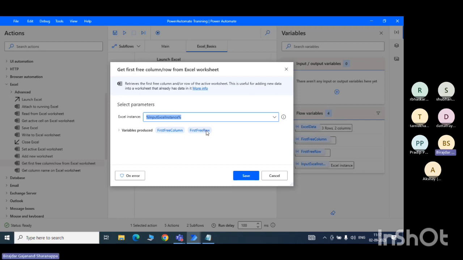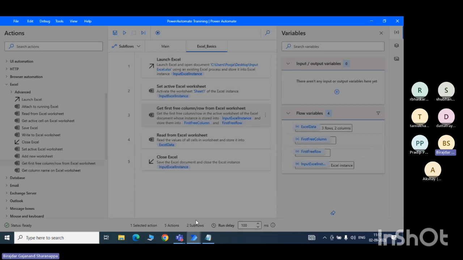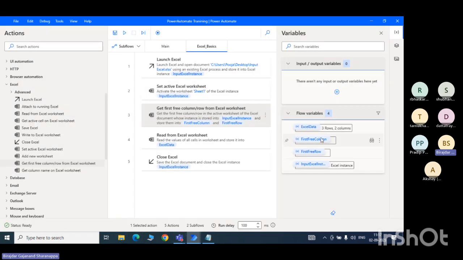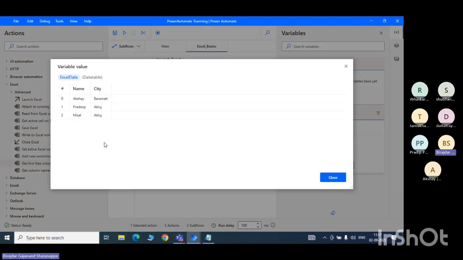So before that, there could be data. Are you getting this, guys? First free column and first free row. So in our case, let me open up the Excel file. What is the first row? You can see, guys, name and seed, only 2 columns are there. So the third column is empty and the fourth row is empty. Okay,